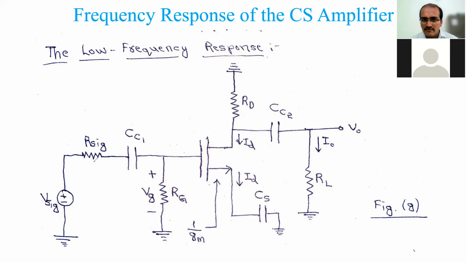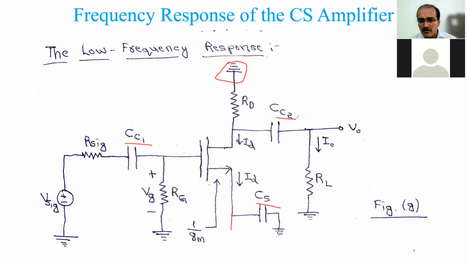The only things eliminated are the DC sources. The voltage source is short circuited: VDD, which was there in your main circuit, is removed. The current source that was there is removed, an open circuit, and that's why it is shown like this. It can be shown here also, but to show you here, the current source is removed. That's why it comes in parallel with that, so this is now in series with this. These are the three capacitances playing the major role in low frequency response, and about that we will be discussing.